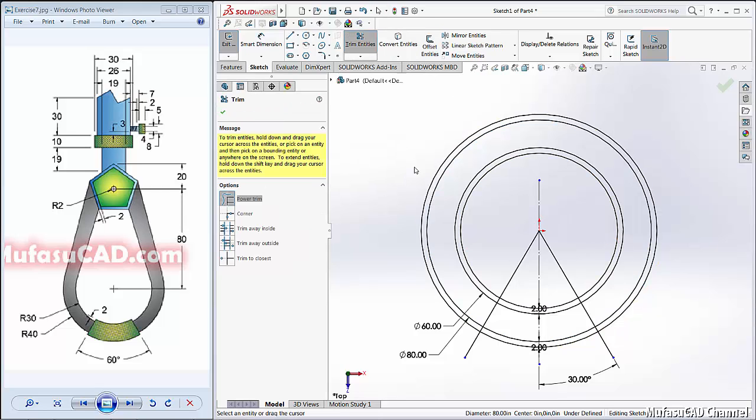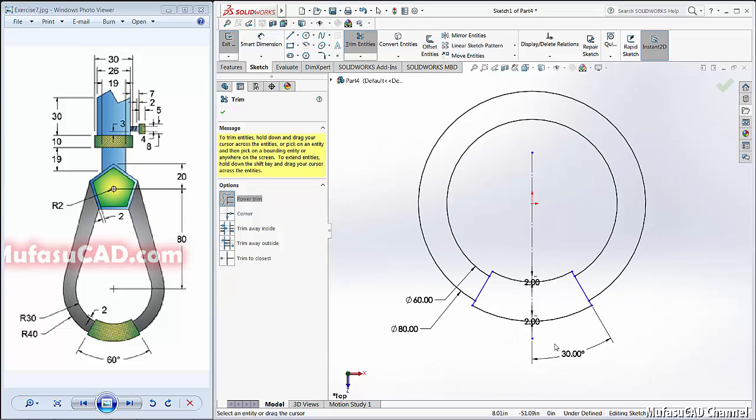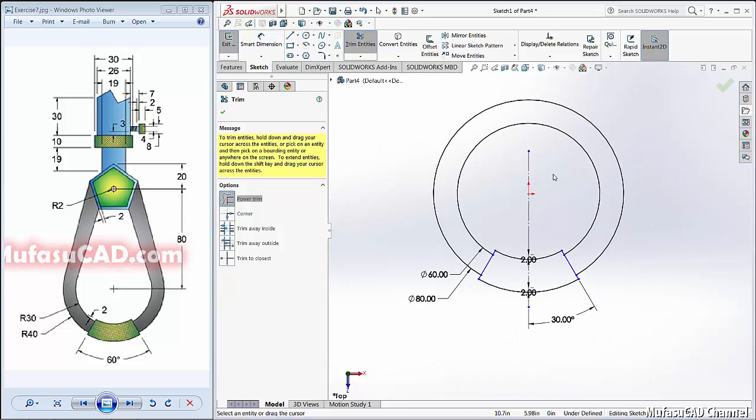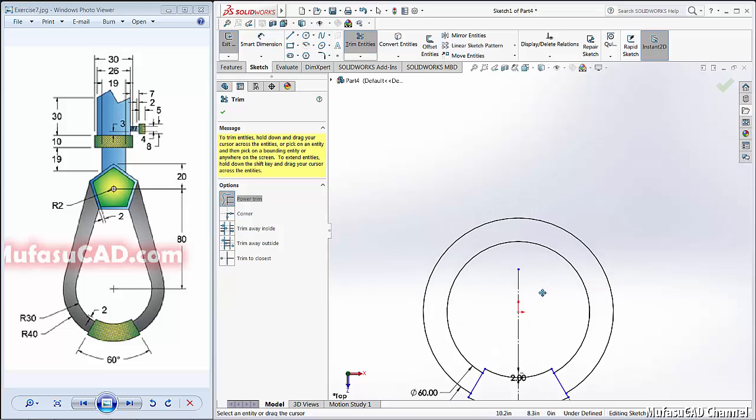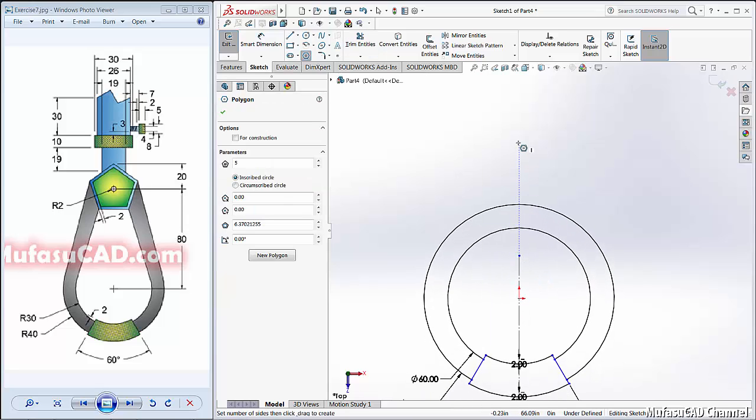Use trim entities to cut this line, this circle, and cut this circle here, here, here, here, and here. Okay, we create now and drag the drawing. I will create a polygon with 5 sides here.